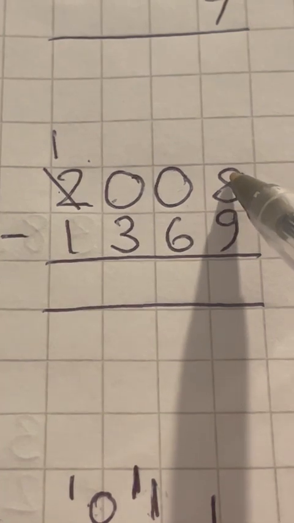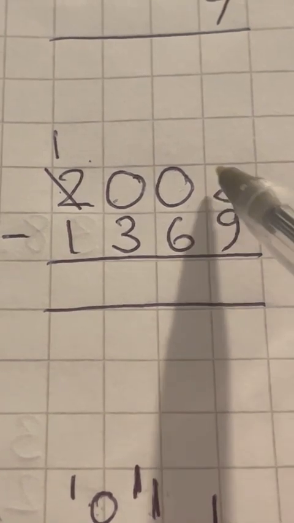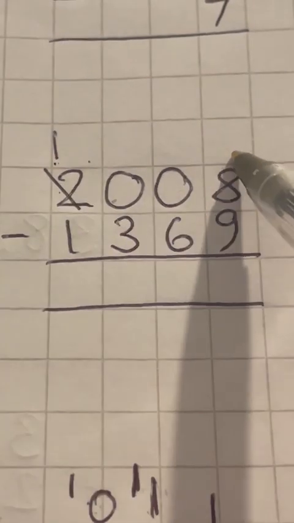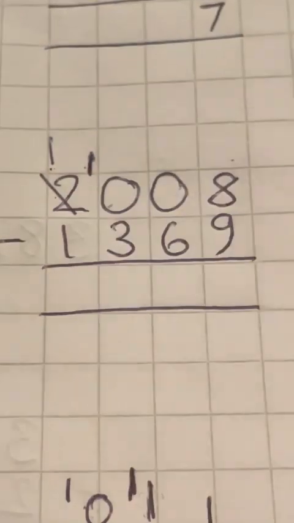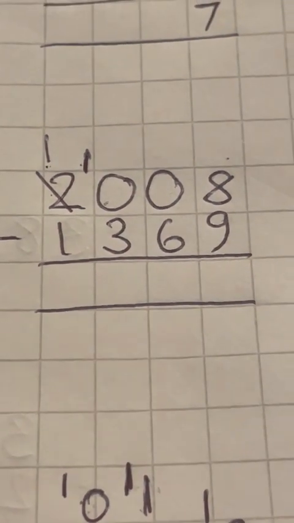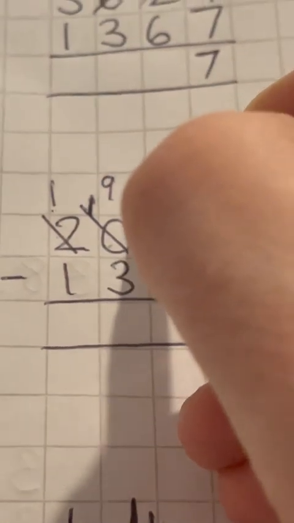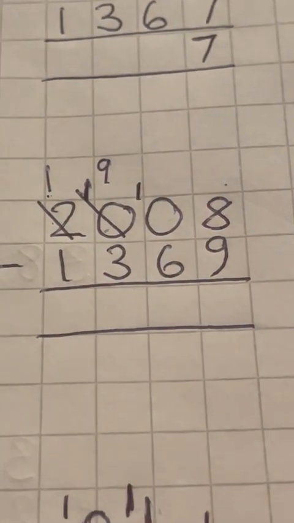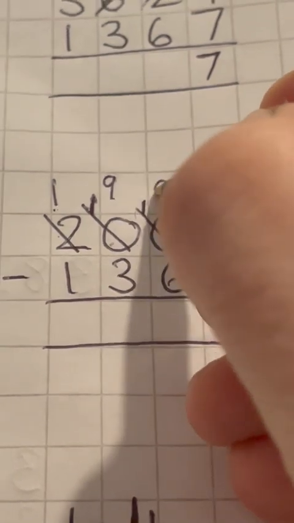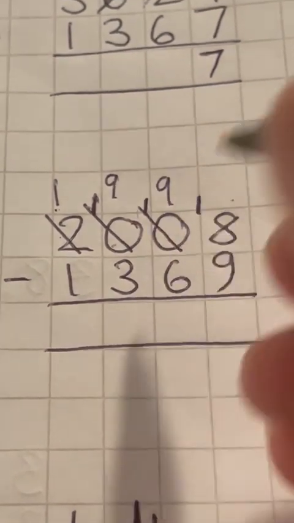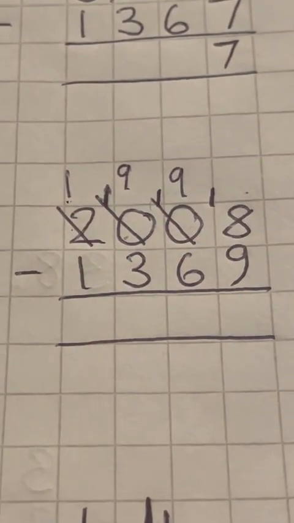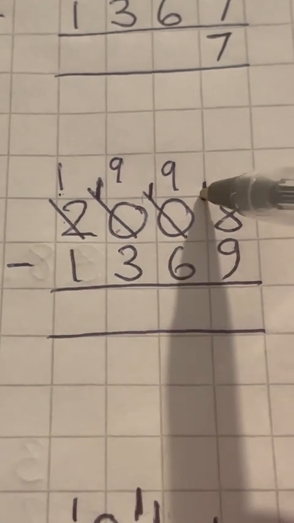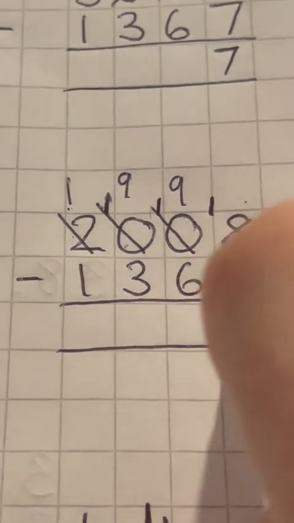But we can't move that straight onto the ones column because it's actually 1,000, it's not a 10. So we have to go back in turn. So first of all, we make our hundreds column into 10, but then we cross that out and make that 9. We move this across to the tens column, cross that out and make it 9, and then we can finally move that 10 across to our ones column so that we can do 18 subtract 9,